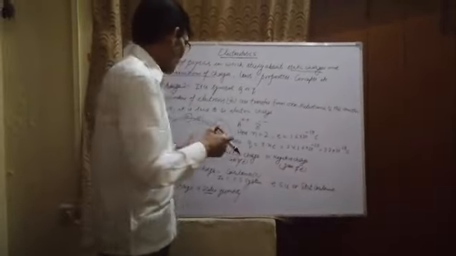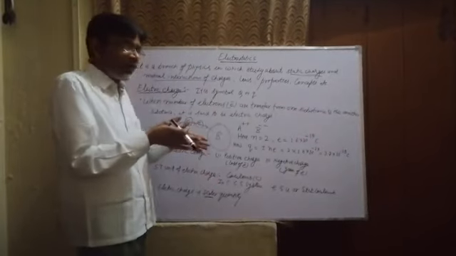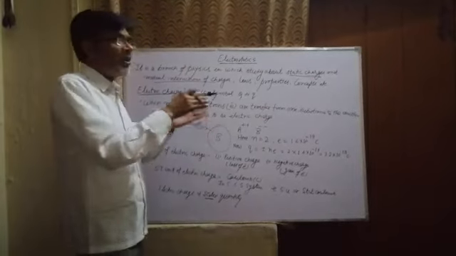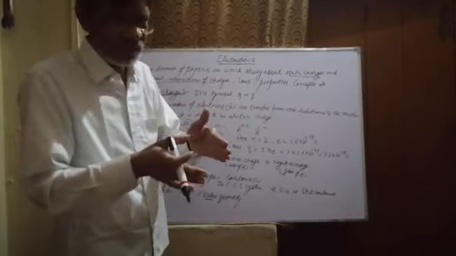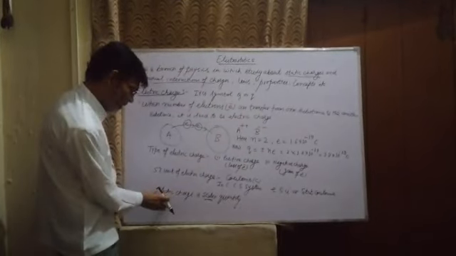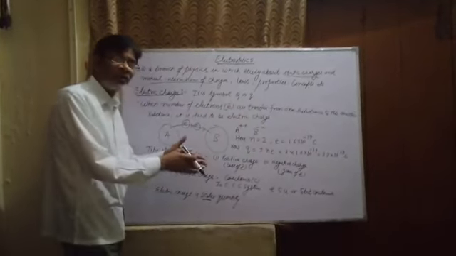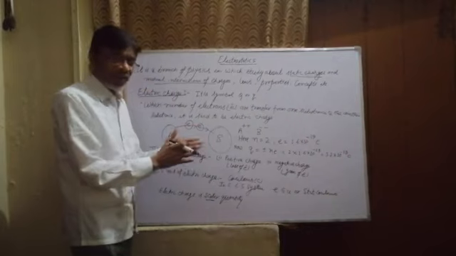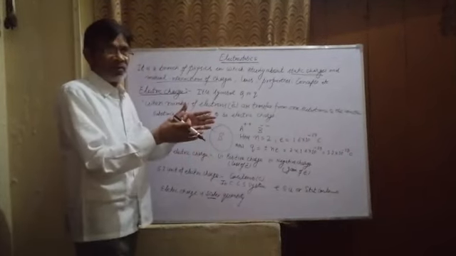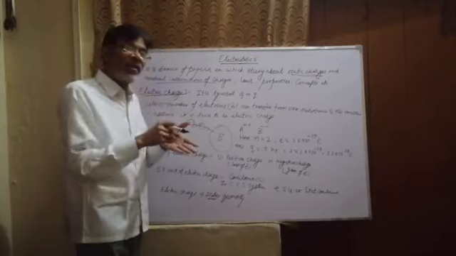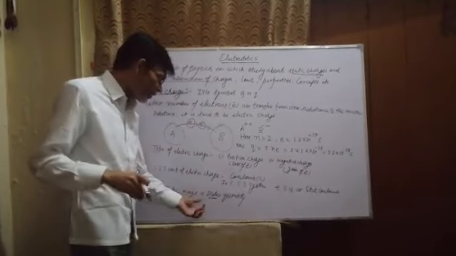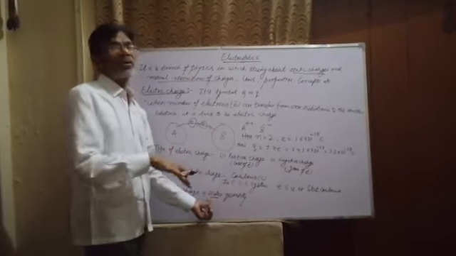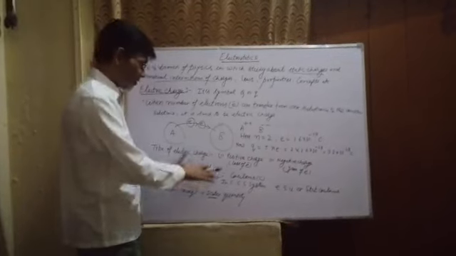Now, what is another question? What type of quantity is charge? That is, whether it is scalar or vector. So here, look, electric charge is a scalar quantity because it has no direction. It has only magnitude. So what is the meaning of that? Those quantities that have only magnitude are known as scalar quantities. So electric charge has only magnitude, so it is called a scalar quantity. Electric charge is a scalar quantity.